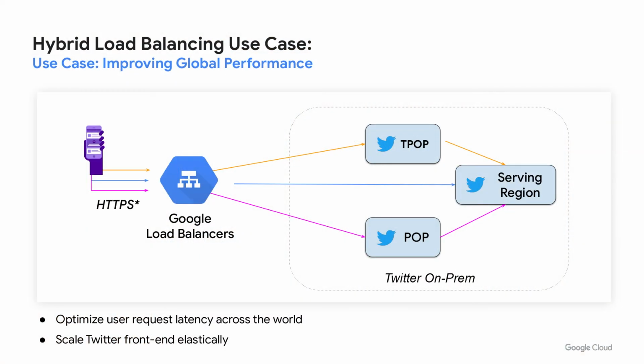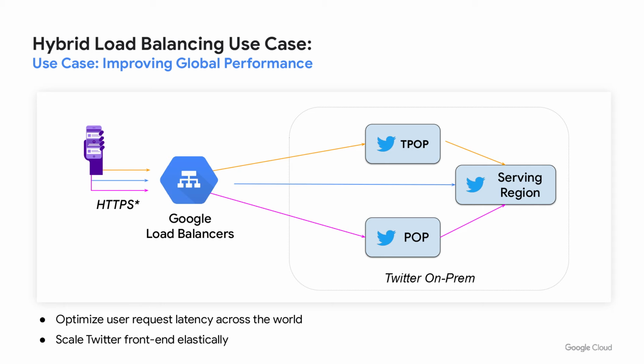Another use case I want to talk about is hybrid load balancing. We at Twitter have two main use cases for Google Edge. We use GLB TCP load balancers and level 7 load balancers to balance between Twitter on-prem front-end servers and Google front-end servers. In both cases, we set up multiple VIPs with different routes going back to Twitter. Some routes go over Twitter backbone, some go over Google backbone.